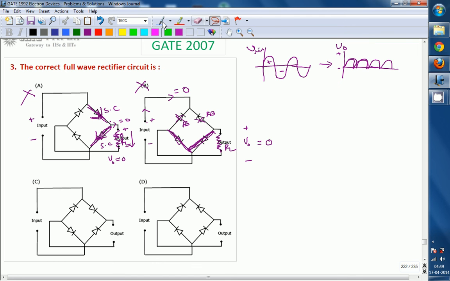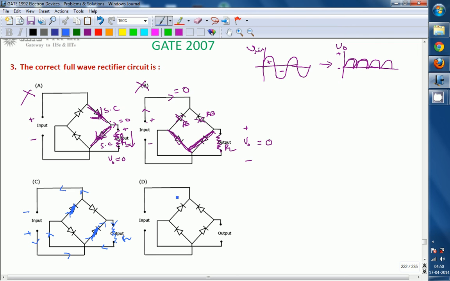So now with respect to the C diagram, if you are applying minus plus, this is minus and this is plus, by that time this diode comes into forward bias, and this diode also comes into forward bias. By that time current flows in this direction, and assume there is a resistor present at the output, RL. So now the current is flowing in this direction, going through this diode from P to N, and going through RL like this. Next it is going through this diode, going in this way, so again it is from the positive terminal reaching the negative terminal, following a loop.